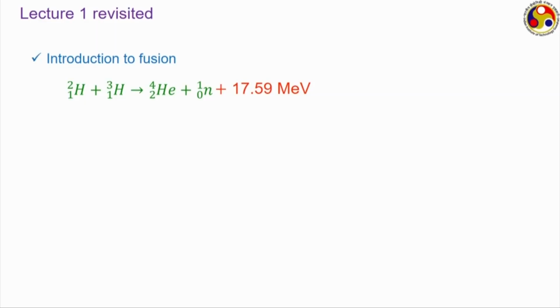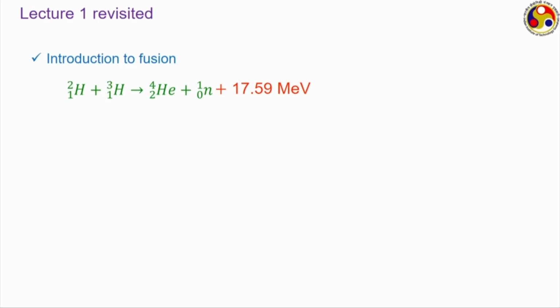But in case of a fusion reaction, we can say that there is not that much of an issue related to the spent fuel, because the product, like the one that is already there on the slide, is helium 4, which is an inert gas. So, that will not have any kind of nuclear or chemical activities, and hence we can easily release that to the atmosphere without bothering about any kind of encroachment.